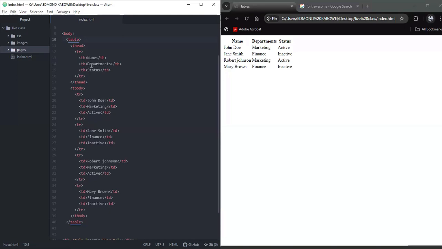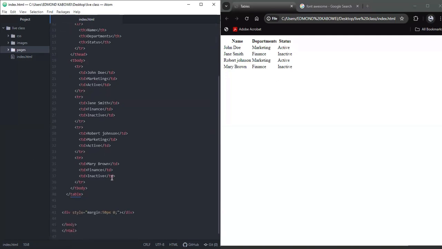So always have this in mind: the TH for heading and TD for body content. But on this simple table, we have the whole body content in the T body element. So we have the T head and the T body, which is the heading, and then the whole body contents. Just like the rest, below the first row, which is the heading, we have 1, 2, 3, 4 rows. That's why we have the T row. So the T row specifies a row, and